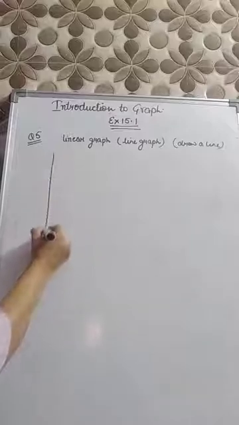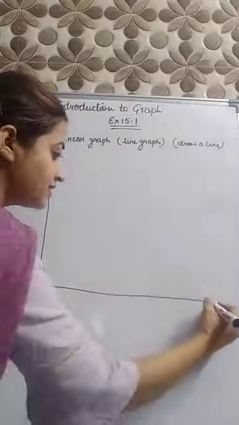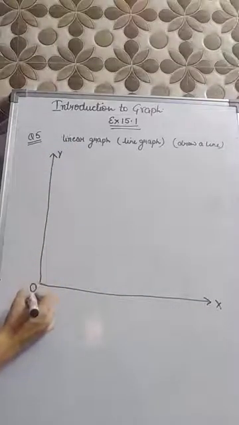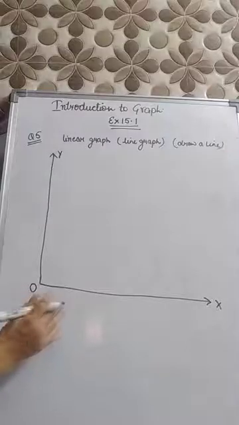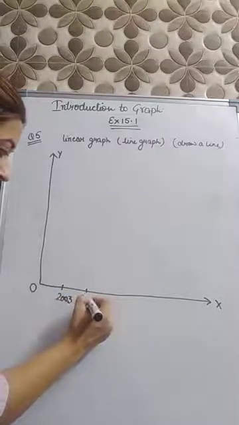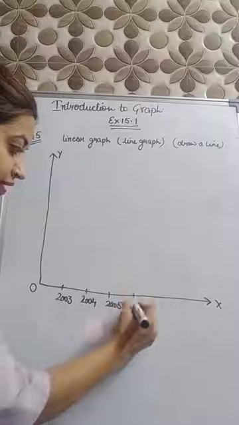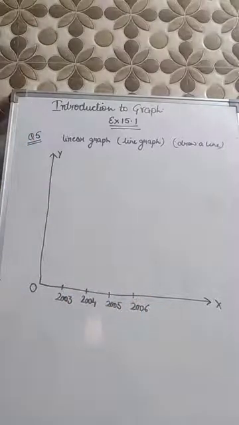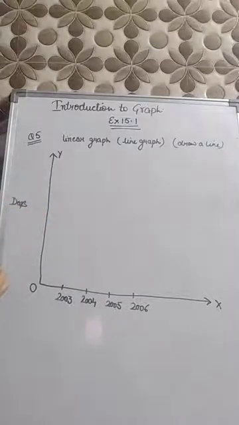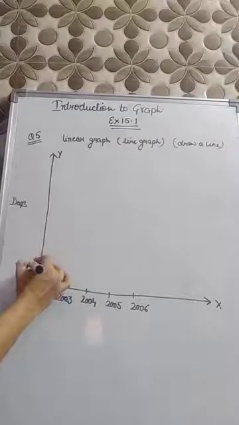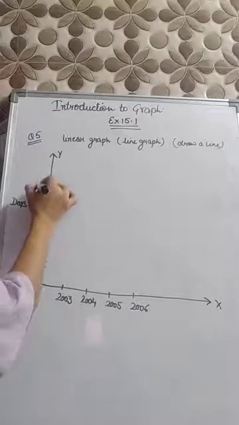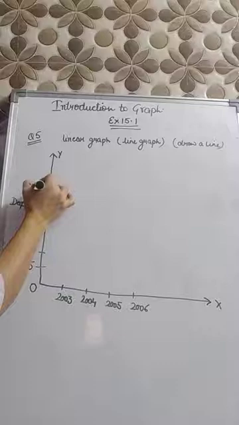Let's start with the first part of question number 5. You are given years, so you will draw the years on your x-axis. Let's put the horizontal line as x-axis, the vertical line as your y-axis, and the point of intersection is the origin, that is 0, 0. Now the first is 2003, next is 2004, 2005, then 2006. The number of days that you will take on your y-axis are 8, 10, 5 and 12. The smallest is 5, so I'm starting with 5, 6, 7, 8, 9, 10, 11 and 12. The last one is the maximum, that is 12.